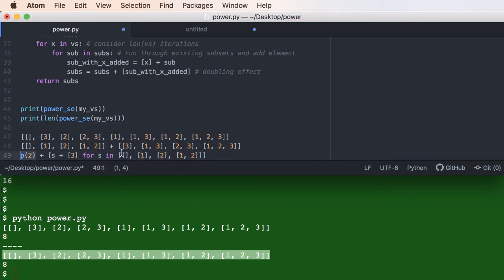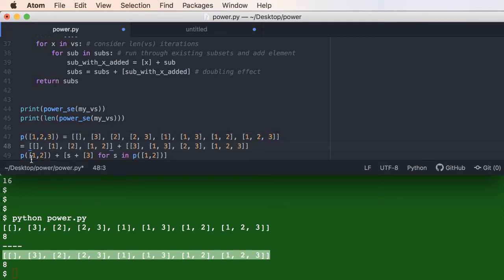If P denotes the power set, and this is actually the power set of this list here. So this was the power set of 1, 2, 3,